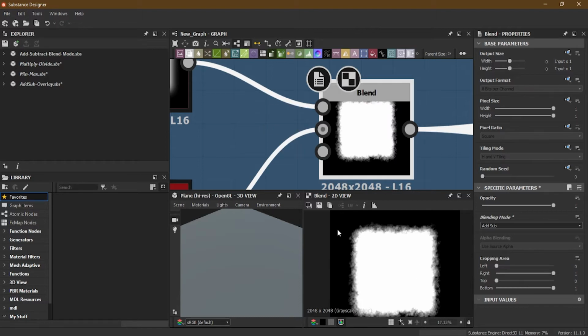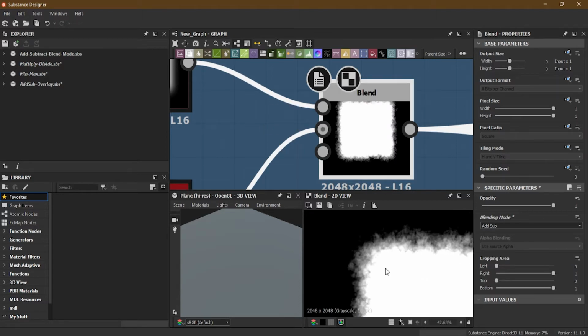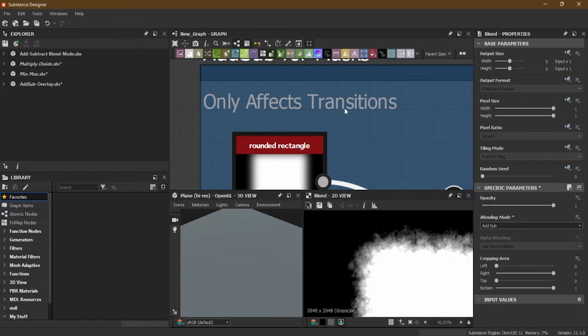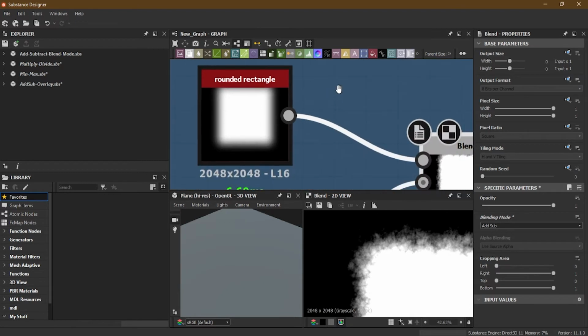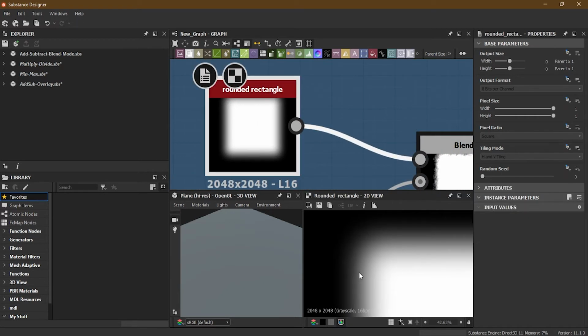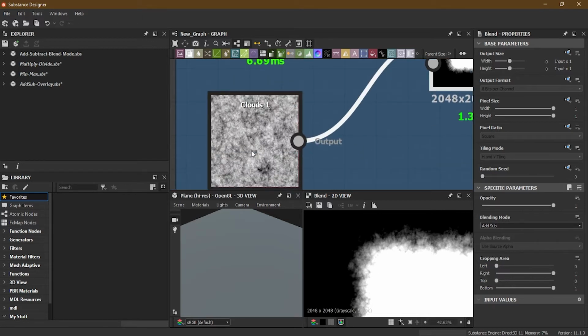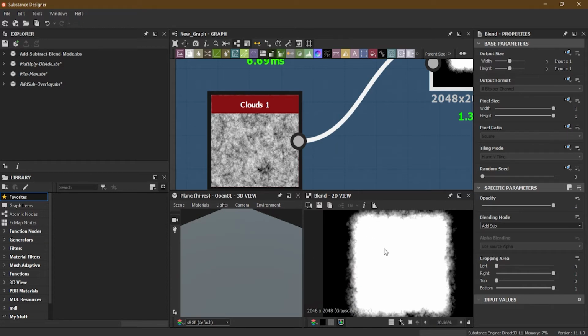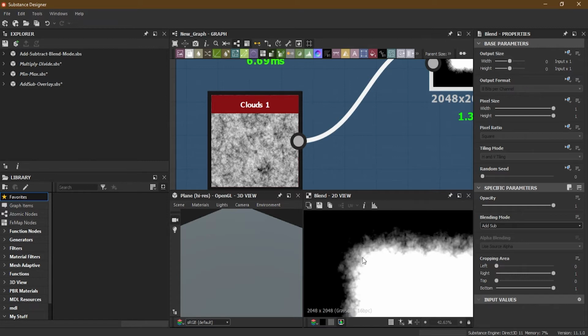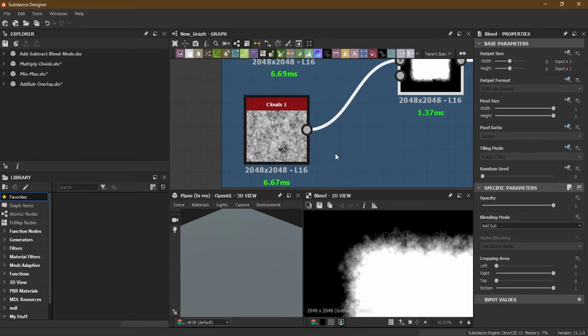Now, just notice that whatever is the white area is having the addition, and whatever is the darker area is having the subtraction, and that makes it affect only what? Transitions. It only affects the transition, and you will get the effects inside the transition. Just notice here is where the transition is happening, and it is showing the part from the background inside the transition. So that's quite a good way of using it if you only want to affect the transition, and it will be a very good